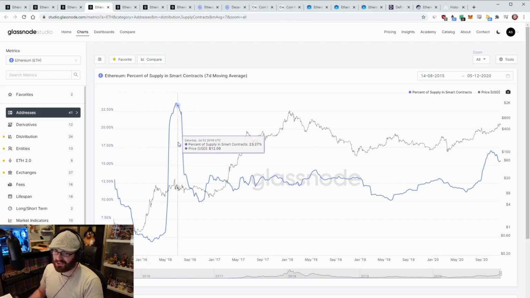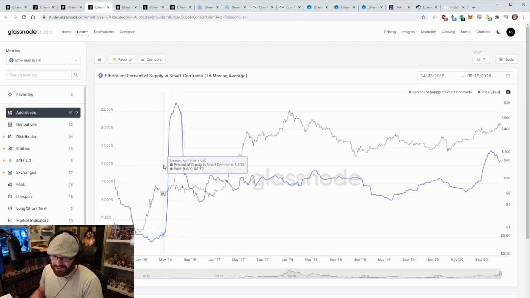But this is really funny whenever I look at this, right? Look how quickly this contract managed to get almost 25% of all ETH. Obviously there were other smart contracts at the time, but there was no DeFi or anything. It was predominantly the DAO. So if we look here, at the start of 2016, February 2016, it was 4.4%, 4.39%. And then here it was 23%-ish